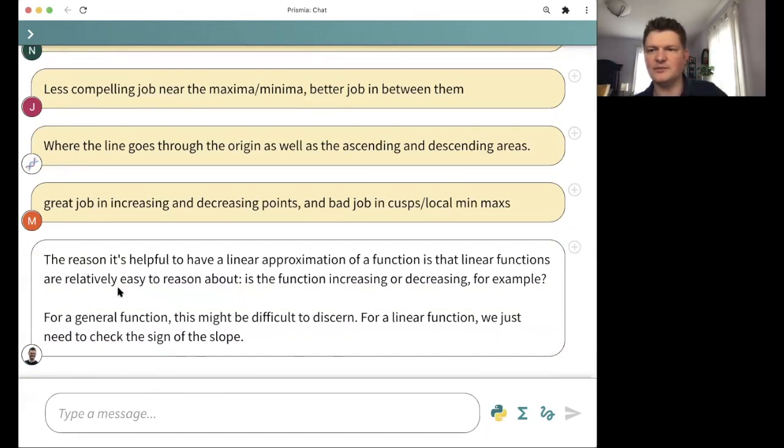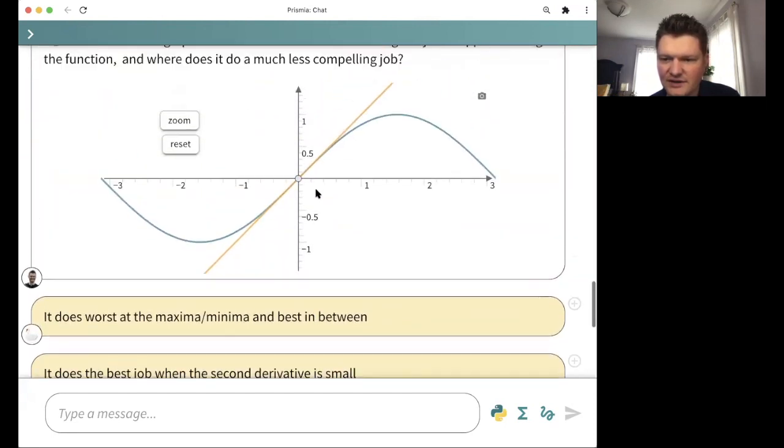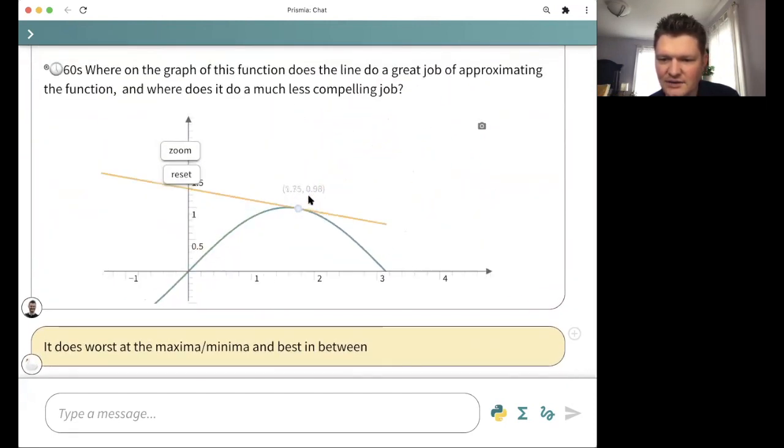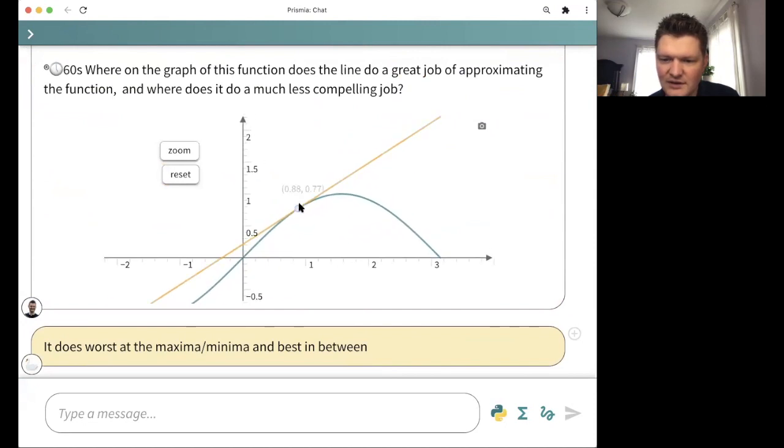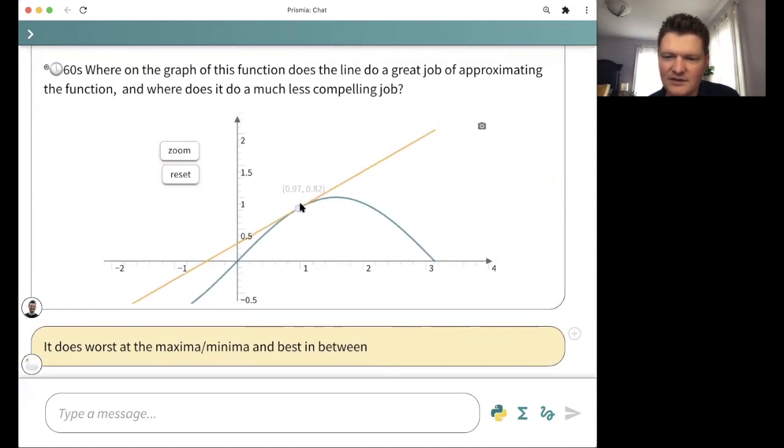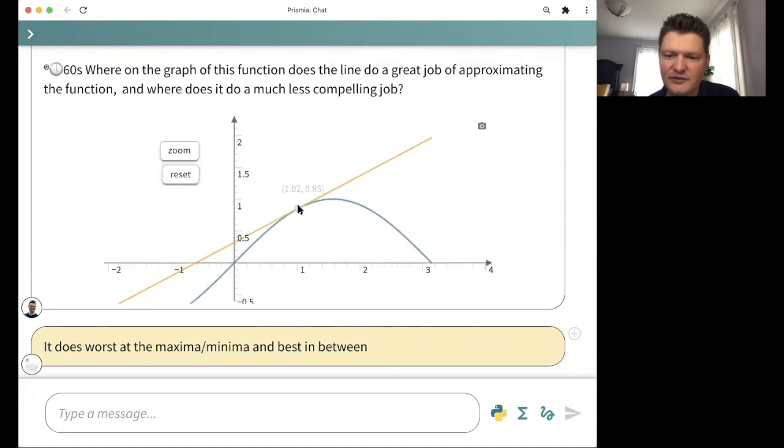So that's my little introductory example for thinking about why you would want to step up from a linear approximation that just accounts for the derivative to thinking about, well, what next? The idea is derivatives are really helpful for thinking about certain basic questions, like, is a function increasing or decreasing? You look at this function at 1 or something, and you want to know, is it increasing or decreasing right there? Well, it's pretty clear just from the graph that it's increasing, but if you didn't know, you could zoom in,